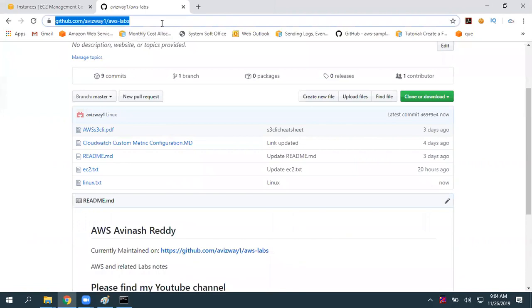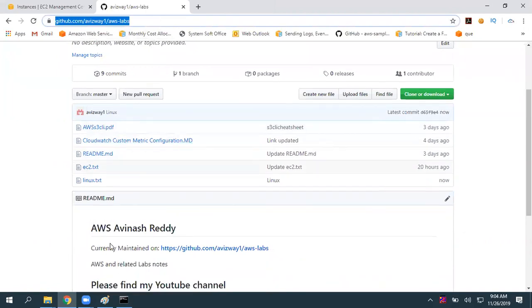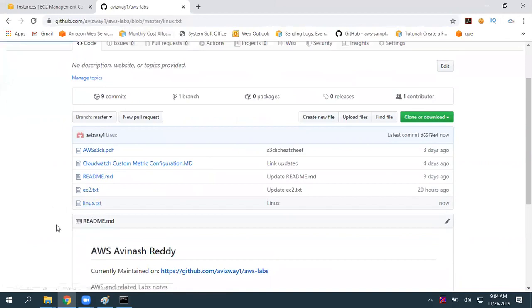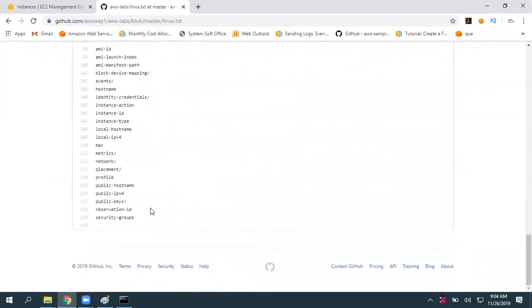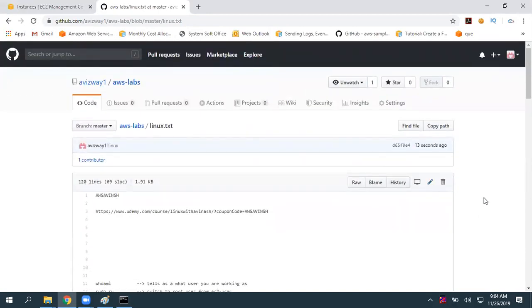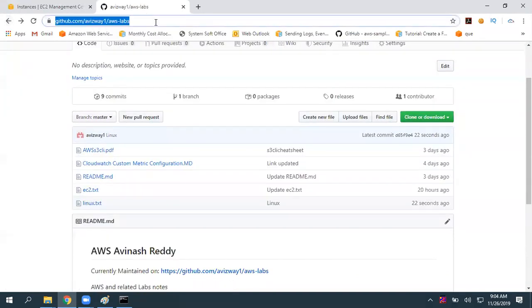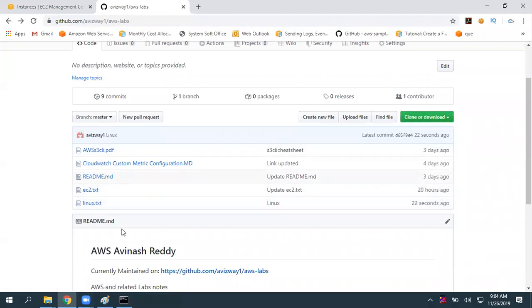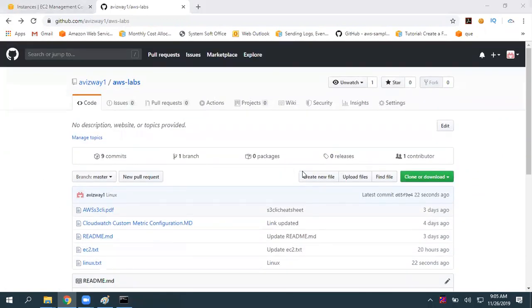Okay, so here is a URL, guys. Every day I'll try to maintain the document here itself, for example linux.txt. Everything is available here. I'll edit directly here and commit those changes, so you can download any number of times. You can click on download zip, or come to this URL. I'm going to paste it in our chat box. Not only this, I'm going to share multiple things in our coming sessions, so you can bookmark that, even after completing this course also. I'm going to maintain all the documents here.